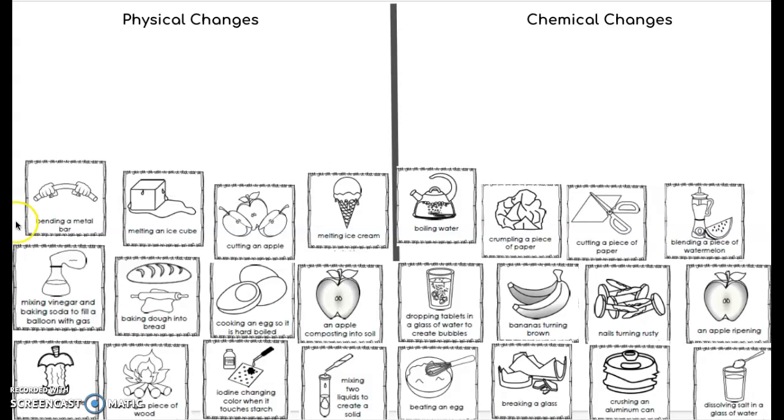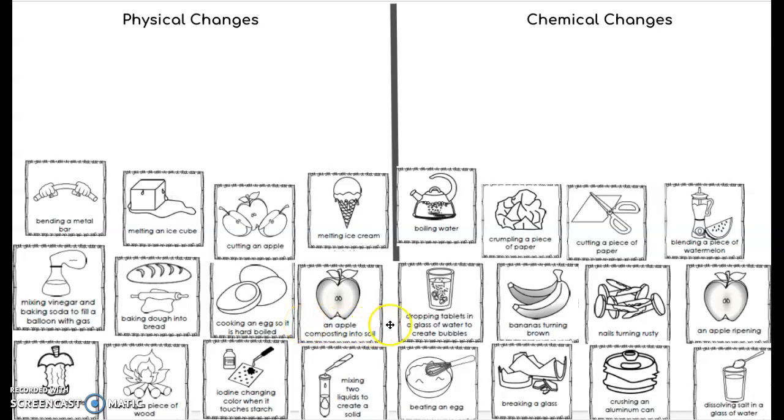So you have bending a metal bar, melting an ice cube, cutting an apple, melting ice cream, boiling water, crumpling a piece of paper, cutting a piece of paper, blending a piece of watermelon, mixing vinegar and baking soda to fill a balloon with gas, making dough into bread, cooking an egg so it is hard-boiled, an apple